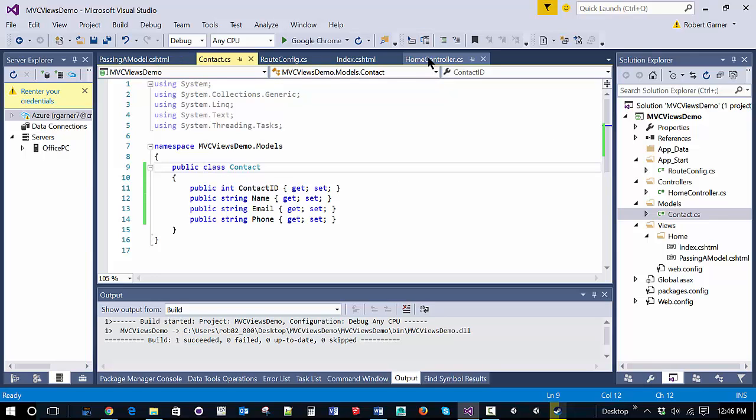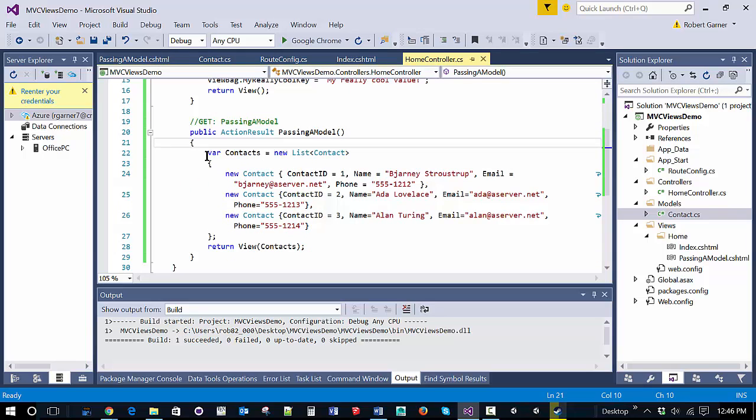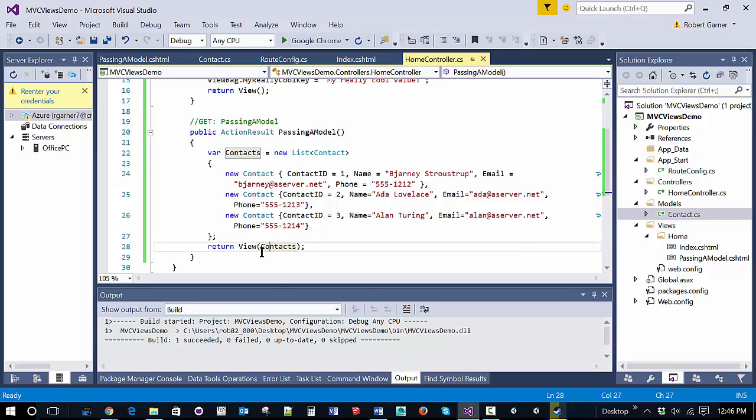And then in your home controller, you instantiate a list object of those class items, and you just pass that IEnumerable object to the view through the parameter,